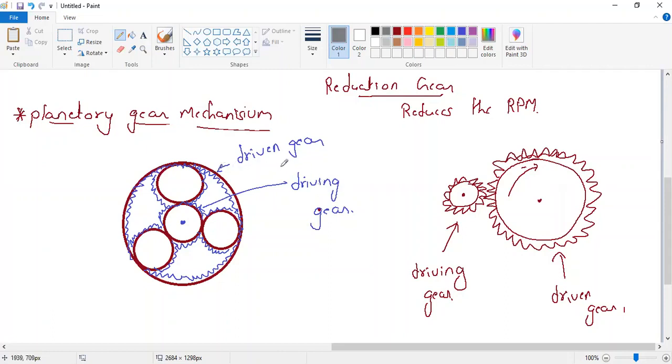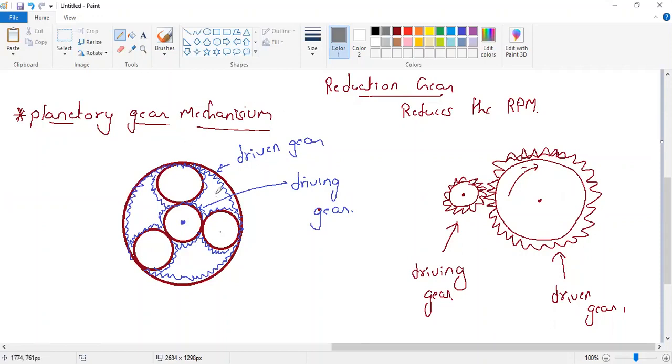You must also know why we use the planetary gear and why we don't use the reduction gear. Any person who can see will think logically: why are we keeping 3 idle gears? That will increase the weight of the aeroplane. We should go with the reduction gear. That should be the doubt in your mind. But the professor must have taught you the planetary gear mechanism, why you use it, and all the advantages and disadvantages.